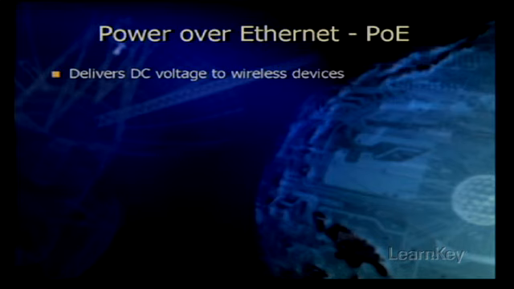One of the things about power over Ethernet is it's used specifically when we don't have an AC power receptacle available, where wireless LAN infrastructure devices need to be installed in the network environment. However, it can replace it even if there is a power receptacle. The Ethernet